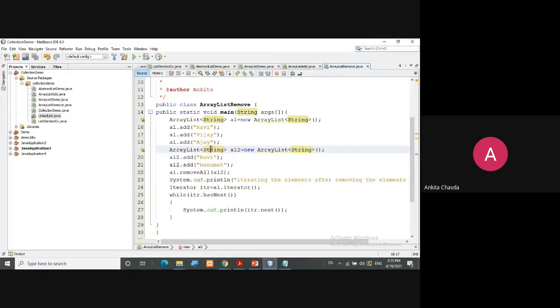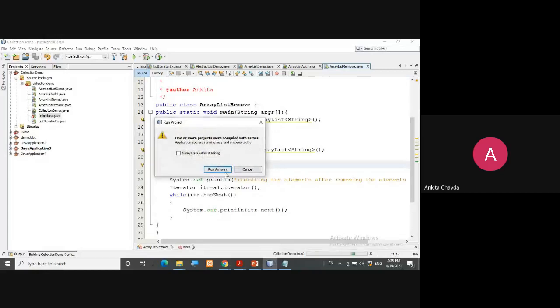How is this possible? Can anybody tell the answer? Al dot removeAll al2. What will it do? Again, I'm showing you what the output is.